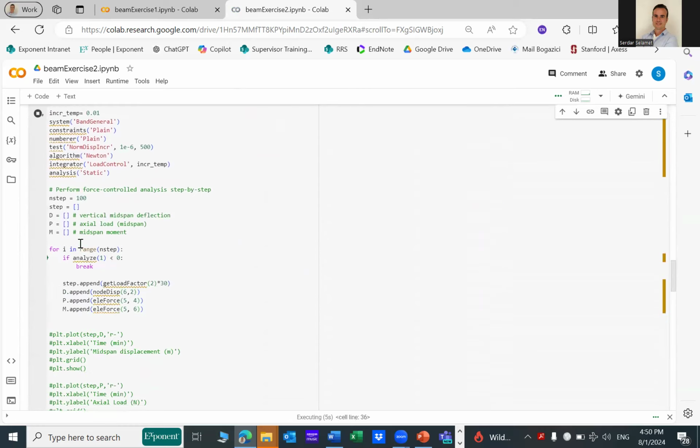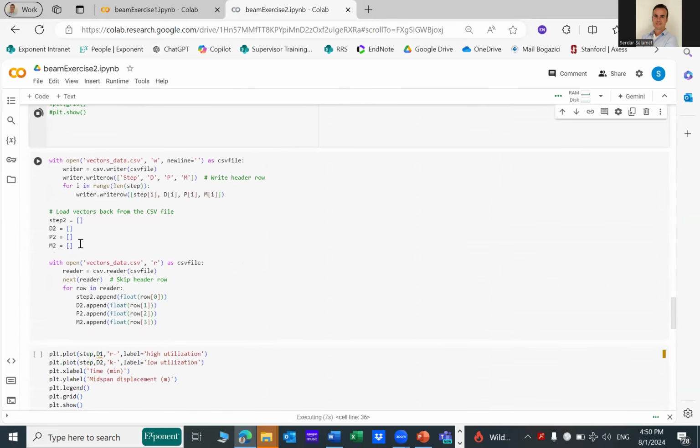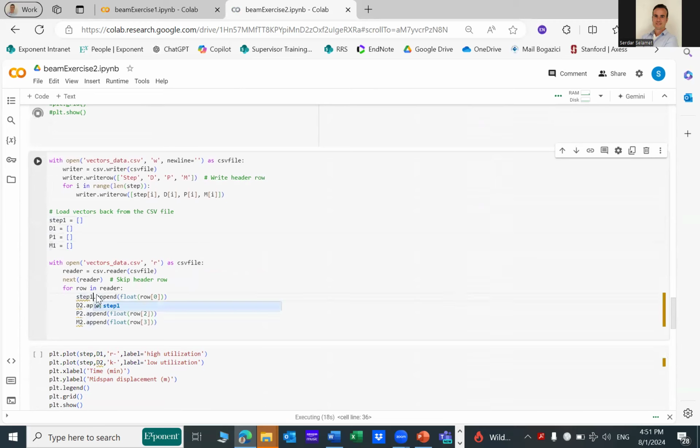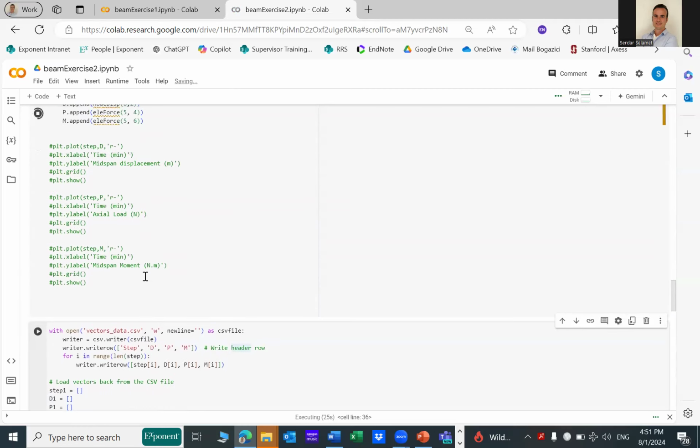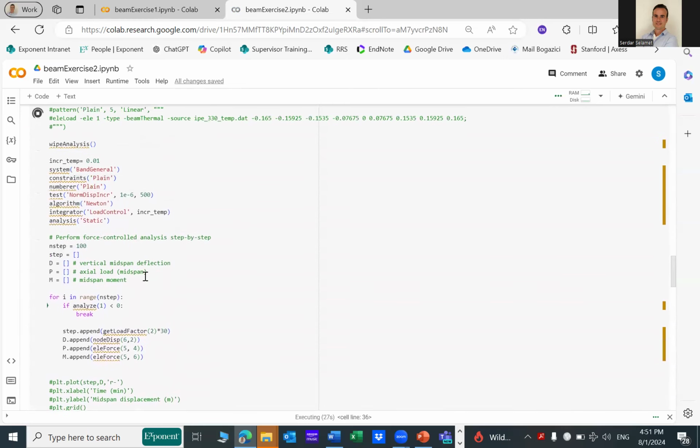So we run the fire analysis as before. And what we're going to do here, we're going to change this to step 1, D1, P1, and M1. When the running is complete,